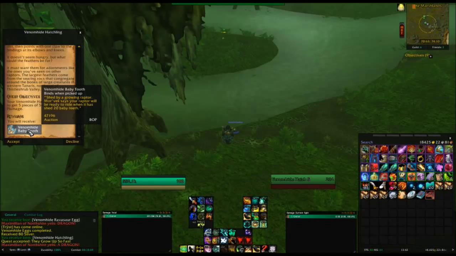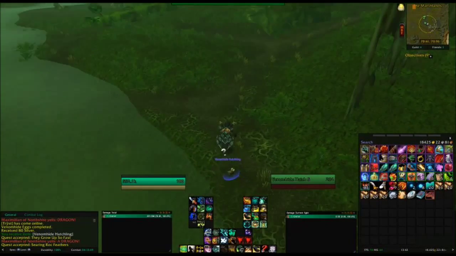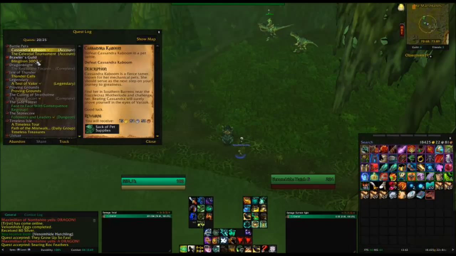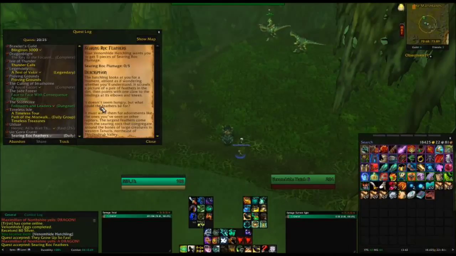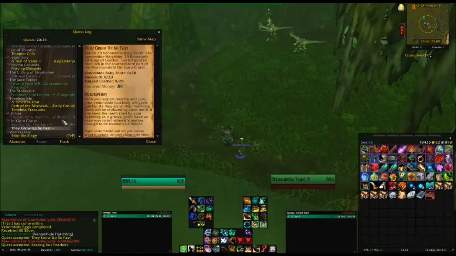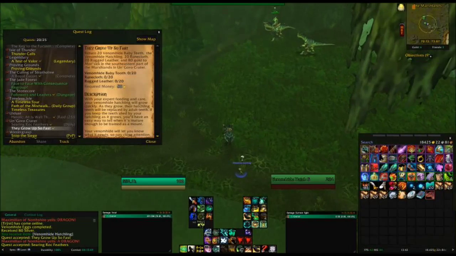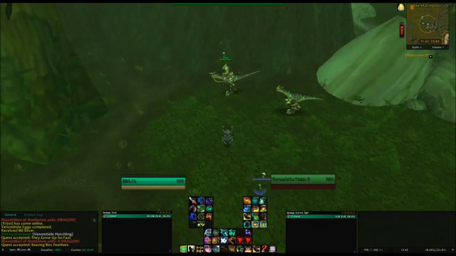he will give you a venom hide baby tooth, and you need, let's just have a little look. Okay, so in total you need 20 of these teeth, plus 20 rune cloth and 20 leather and 80 gold. So it's going to take you at least 20 days to complete this quest, but it's worth doing because once